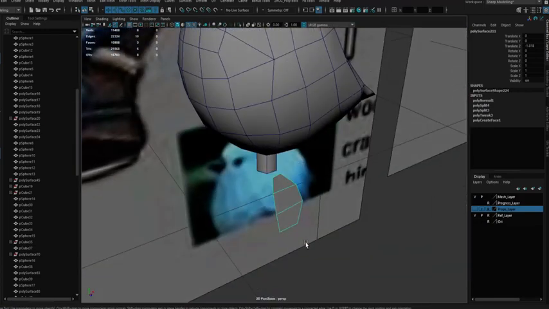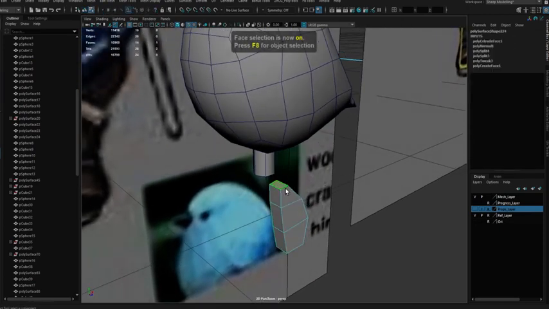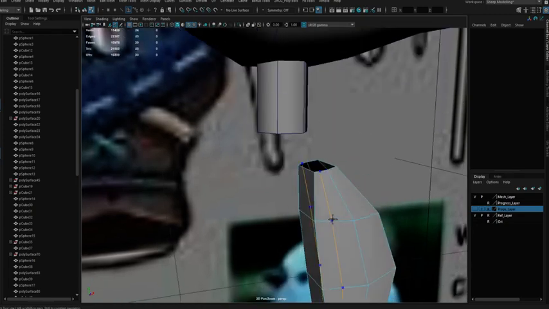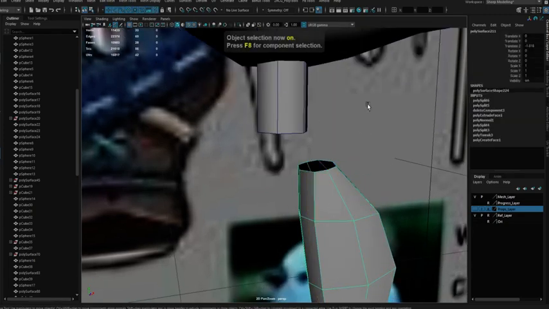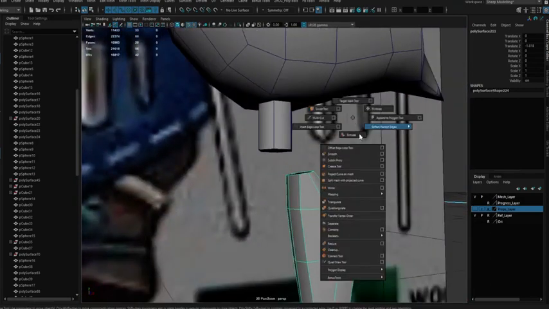If I extrude this like this, and then what I do is remove this, do this, and do this, right? And what I do now is subdivide just to see if we get the form, right?